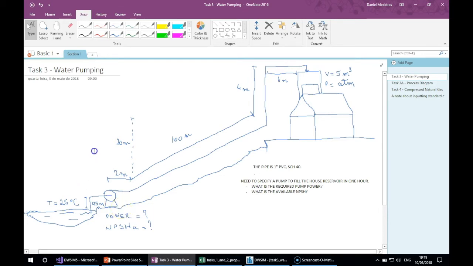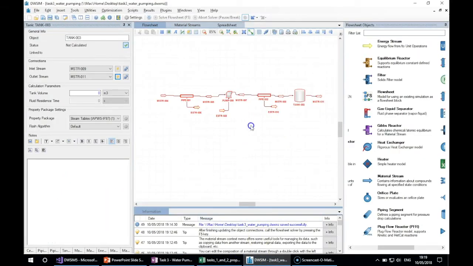Okay, so let's start our input data in the DWSIM, inputting data in the DWSIM. So what do we need to insert here? Once we enter information in the inlet material stream and all unit operations, the DWSIM will